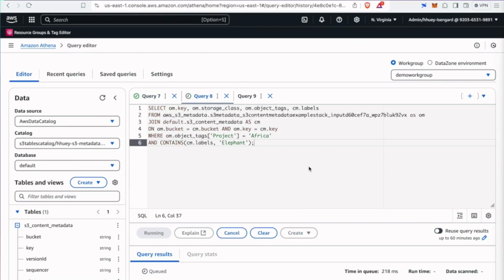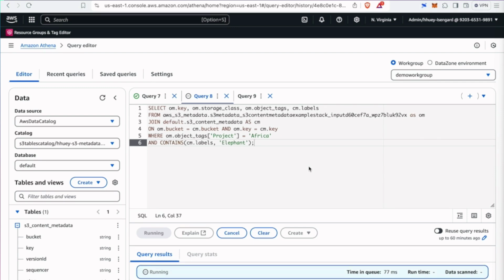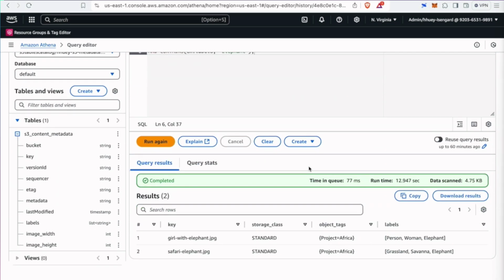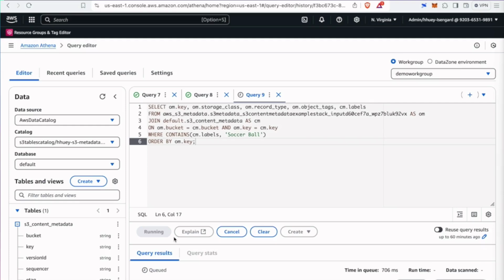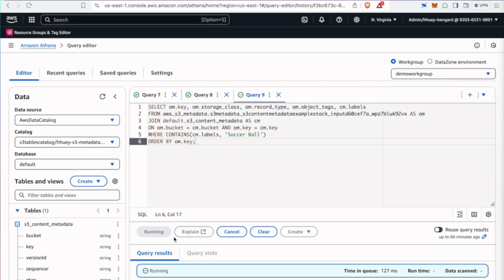which is what we ran Rekognition on to detect what's inside of the images. If we run a concrete example, let's say you have millions of images and you want to identify images that were part of the project Africa, and contain an elephant, and what kind of storage classes these images belong to. This can be simplified to a single query. If I want to run another query that identifies how images that contain a soccer ball are being uploaded in the bucket, I can do that as well.